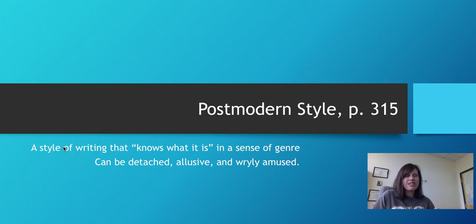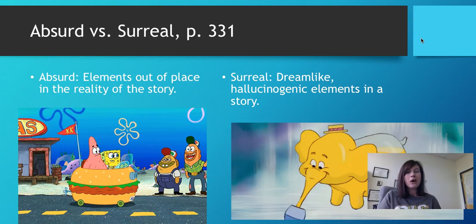When you think of movies and books that break the fourth wall, like Deadpool, those are very postmodern because they understand what they are. Cabin in the Woods by Joss Whedon is probably one of my favorite Halloween films. I like it because it knows it's a Halloween film. It knows it's a horror movie. So it's kind of fun on our end as the viewer because we're in on the joke. We know exactly what the author is trying to convey. So I like that a lot. And then finally, we have two ending terms here.